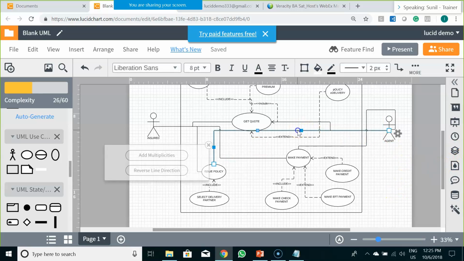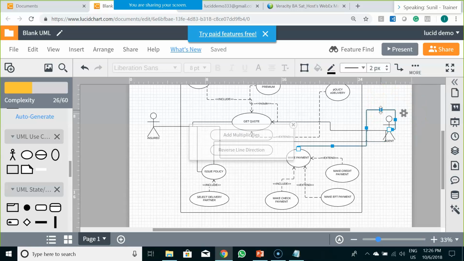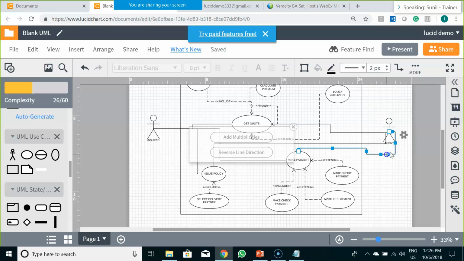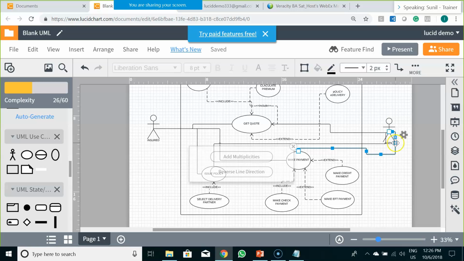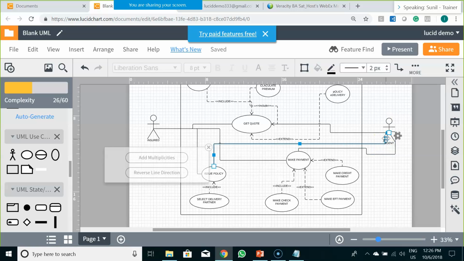So this way you can create your use cases depending on your actors and what are the behaviors essentially they would be having typically in a particular system. Basis on that you can go about creating the use cases, and if you feel the use cases are a bit jumbled up, you can always drag this line in this particular format and do the reassignment part.